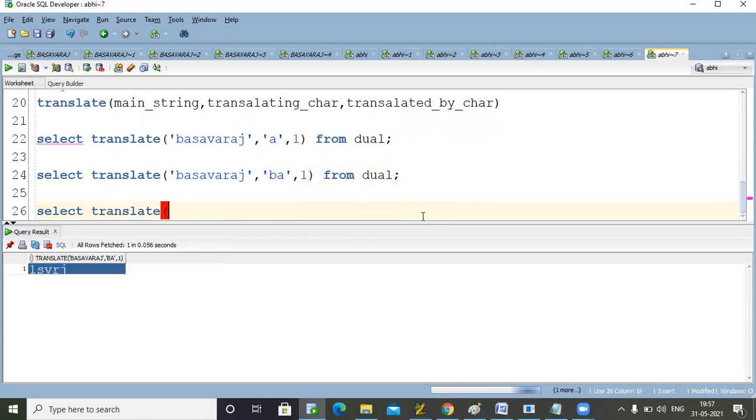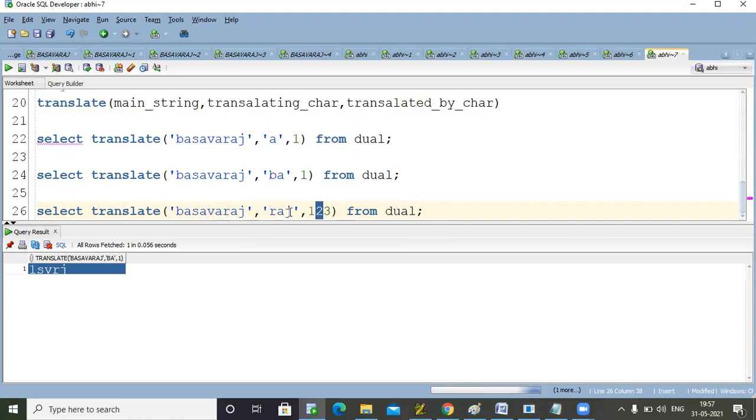Translate Basavaraj, BAJ, and the third argument is 1 2 3 from dual. So how does it work? First, B is replaced by 1 in the main string. Wherever A is there, it is replaced by 2.